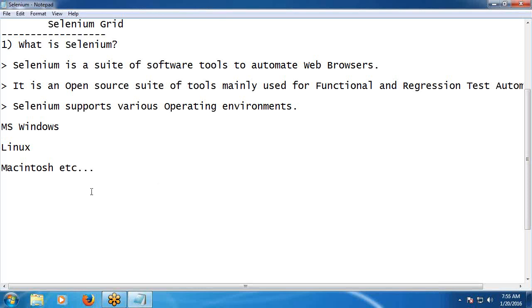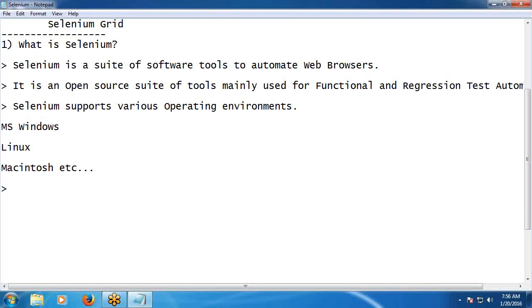For example, with UFT, if our application is deployed on Linux, you can't use UFT. UFT supports the Microsoft Windows operating environment only, but Selenium supports various operating systems, Windows, Linux, Mac, Apple OS, etc. Next,